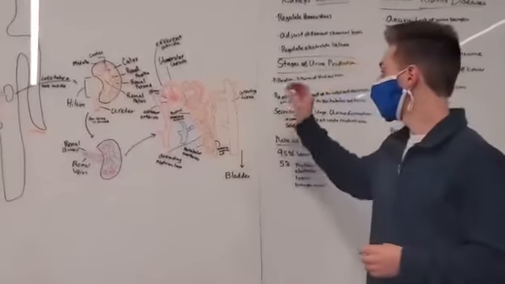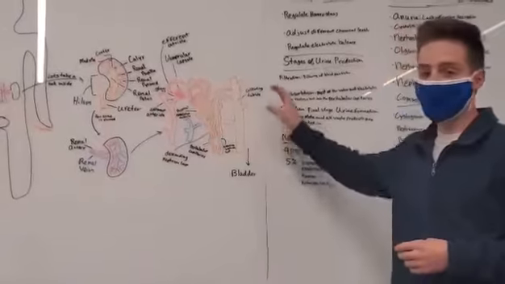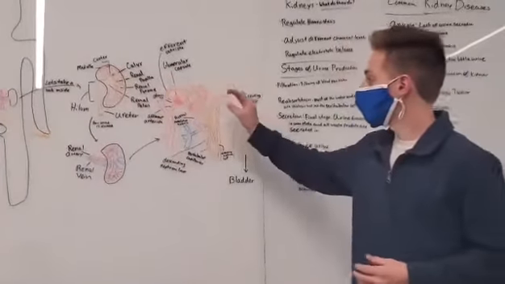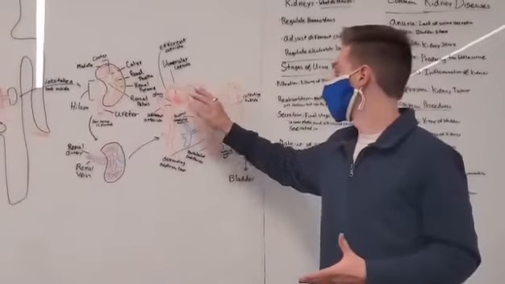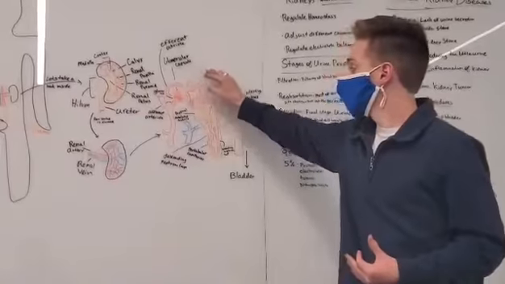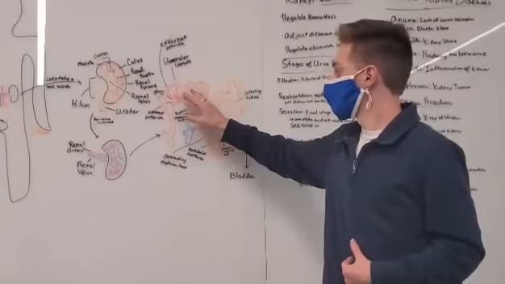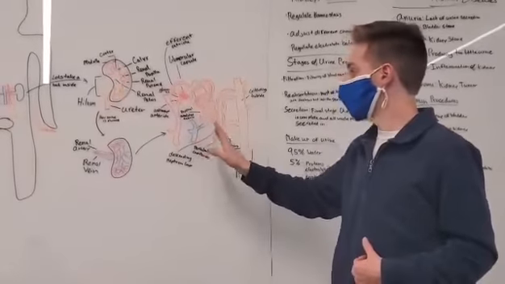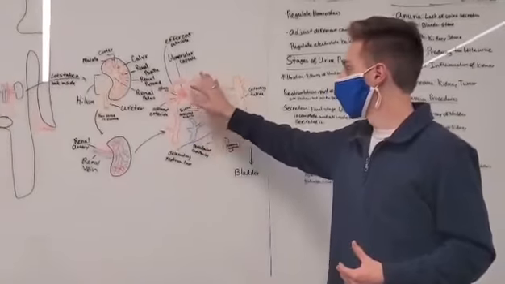So first you have the collecting tubule, which goes down to the bladder after it filters all this. So we're going to start right here, and this is called the glomerulus. The glomerulus sits inside the glomerular capsule right here. And this is just arteries that are in here, and that the bad particles get filtered through to go to